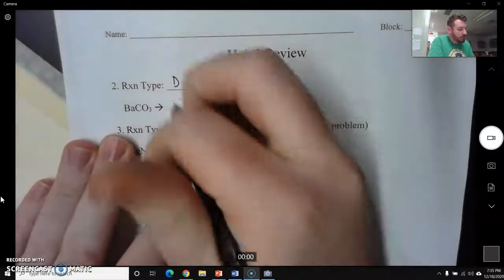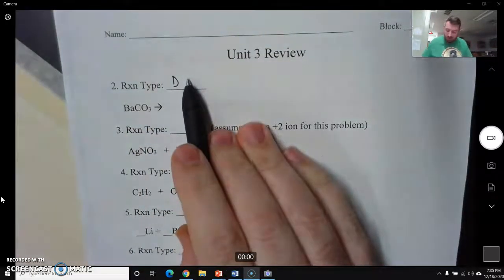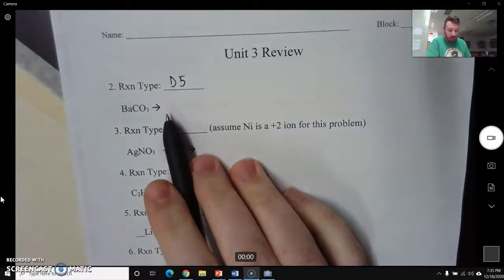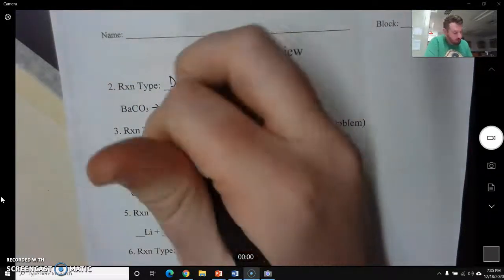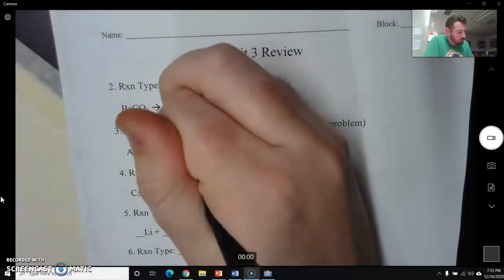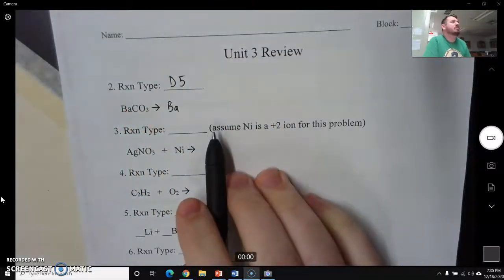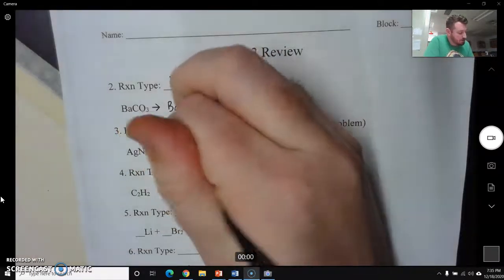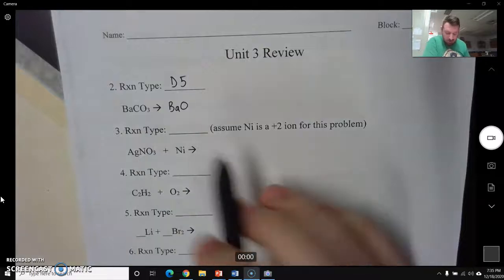This is a decomposition 5 reaction, right? And my products will be barium oxide. Now barium is plus 2, as well as, right, let me double check that. Yeah, barium's plus 2, oxide's plus 2, so it's just BaO plus